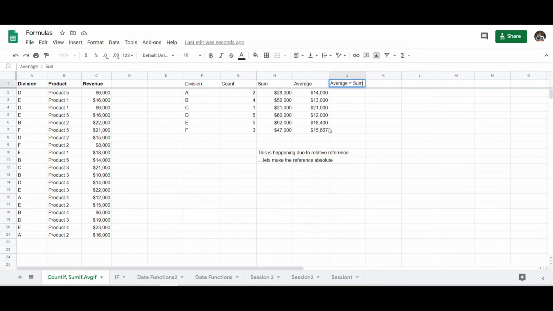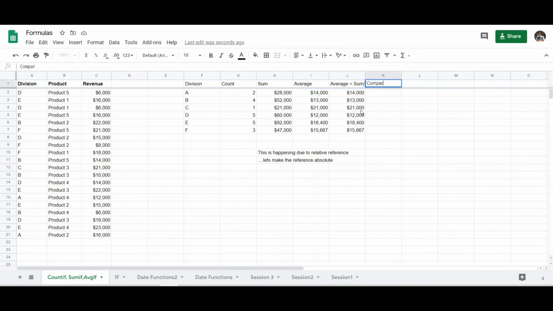We know average equals sum divided by count, so let us verify whether our average is correct or not. Equal to, we have got sum, which is H2, divided by G2, which is count, and we are getting 14,000 in both places.